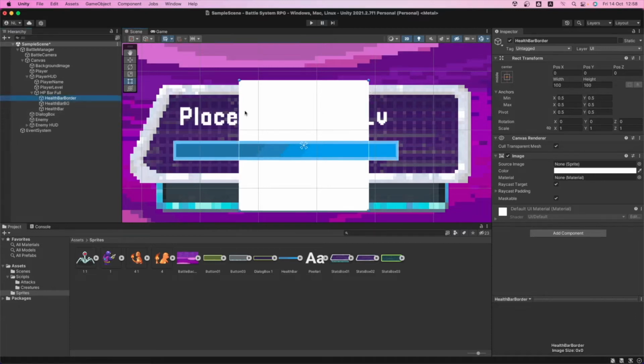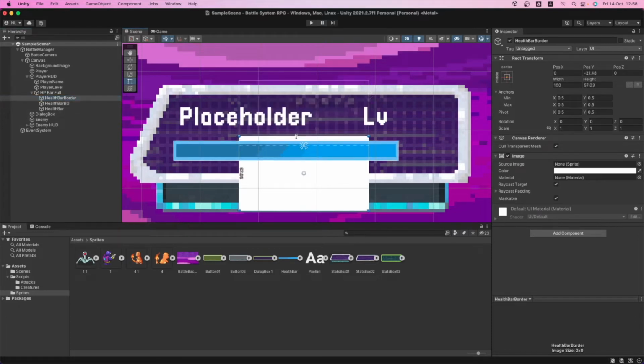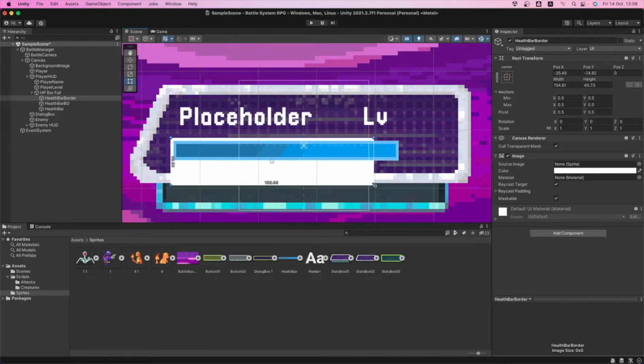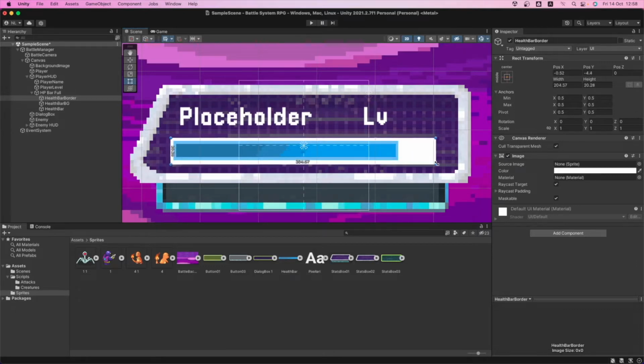And now let's select this one, let's scale it. This is gonna be a bit bigger than the health bar, because as I said, this is the health bar border. So let's set this one at around here. Okay, because here we're gonna have the numbers for the health.